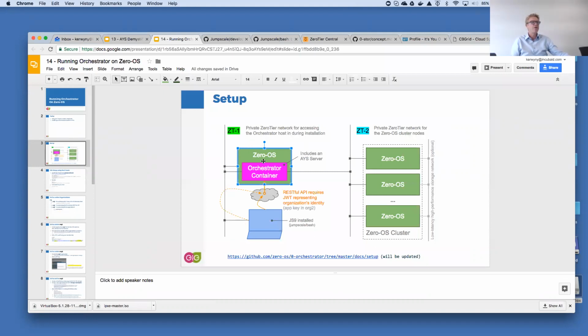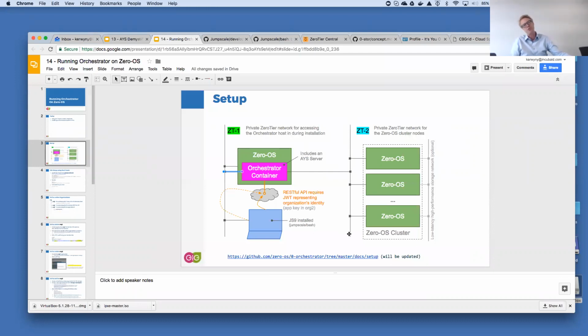And from there on, we will then install the orchestrator. And as you will see, the orchestrator in turn, because of what the installation does for you, will also join both the zero-tier network, which is, well, strictly not necessary at all. And I'll come back to that. And will also join the second zero-tier network, which of course is the most important point,